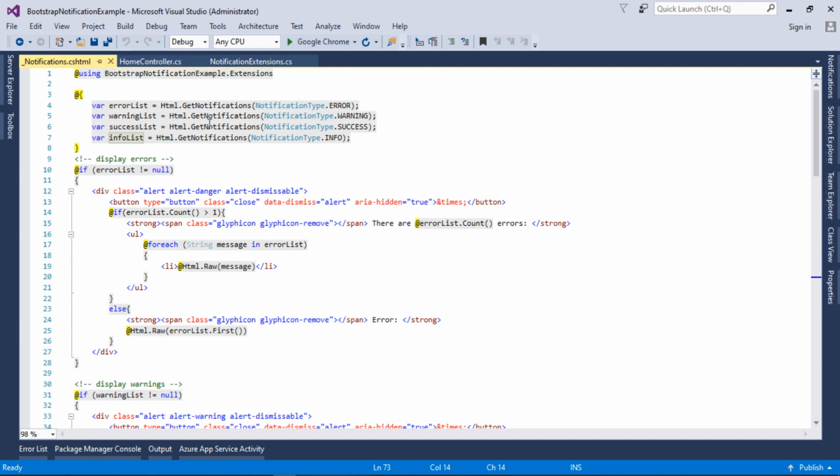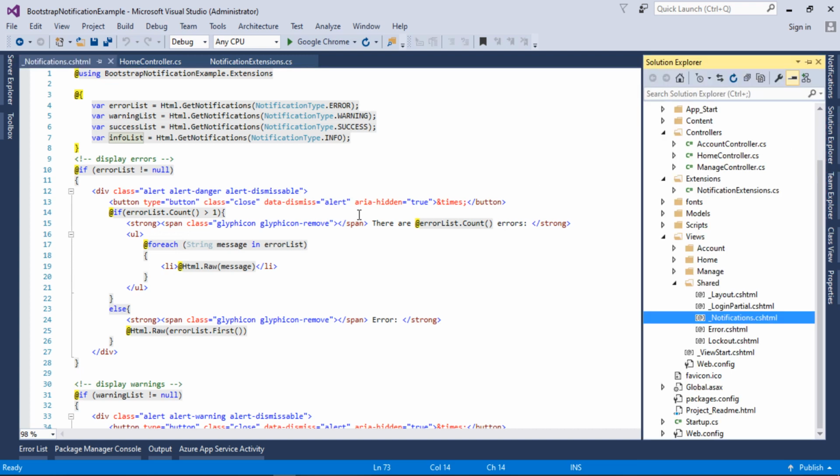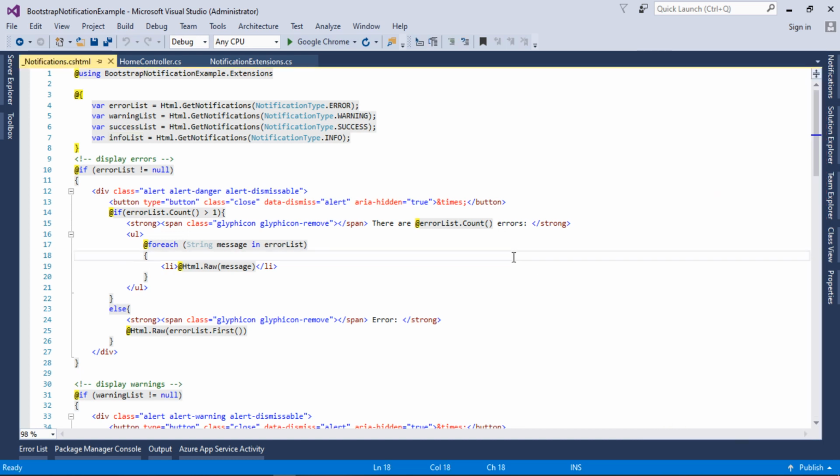So this is the partial view. We need to call it in our main layout view, in the area where we want to display the partial view.